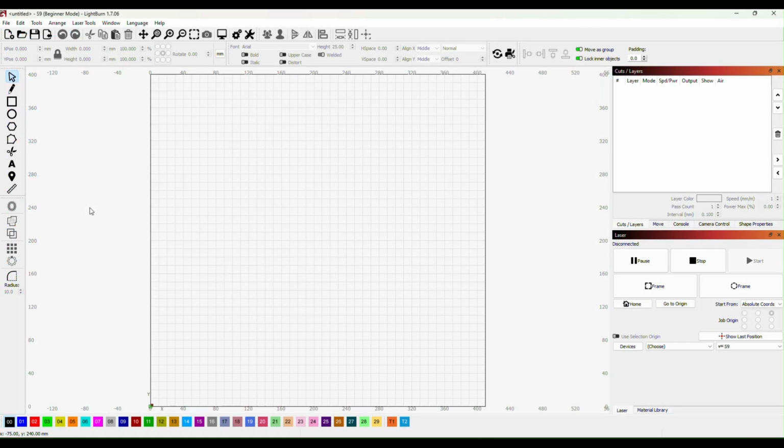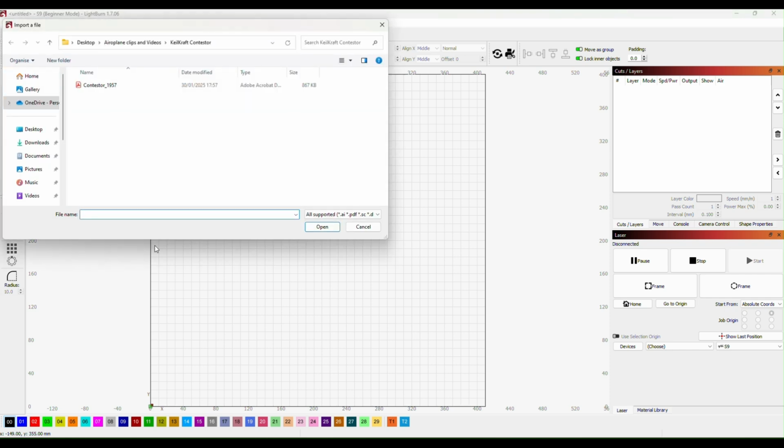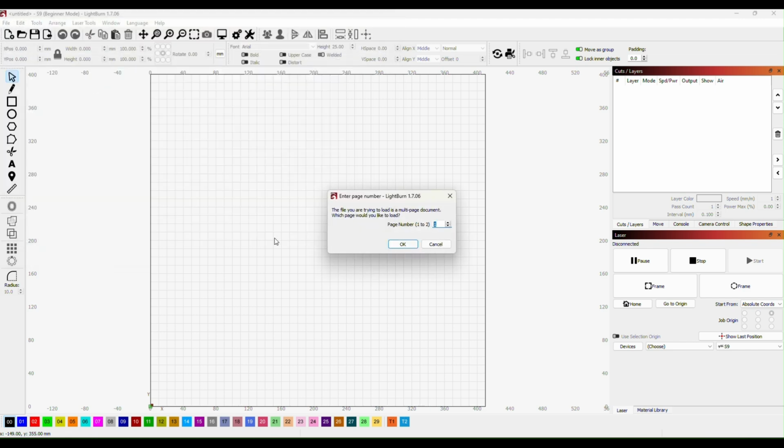So we've got our plan files, and now I've opened Lightburn, and what we'll do now is import the full plan straight into Lightburn and take a quick look and see what we want to do. So if we go to File and down to Import, and then you search through your files on your desktop or wherever, and I'm going to bring in